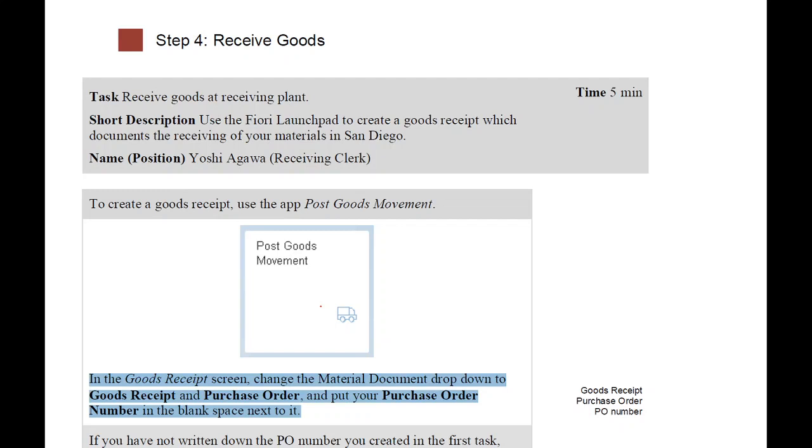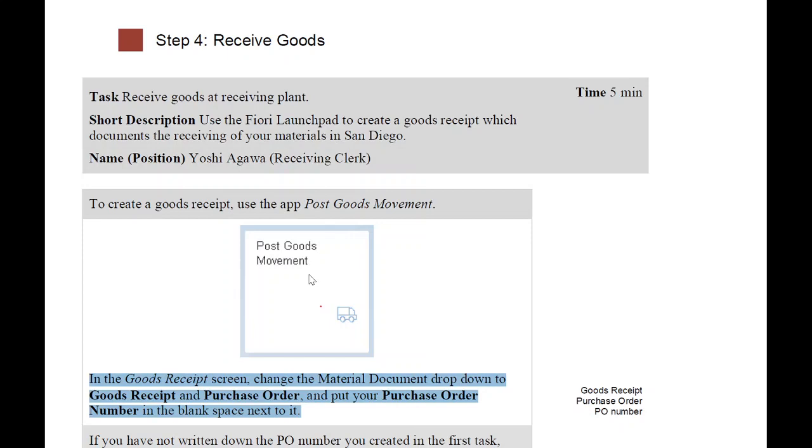So what we are actually going to do is, if you see this case, they have told you that you have to now receive the goods and services. So first we need to open post goods movements in material management, and then we need to find the purchase order that we already booked. In case you are unable to find the last purchase order, I will tell you how to do that. अगर आपने कहीं नोट नहीं किया है तो आपको मैं बता देता हूँ how we are going to do that.